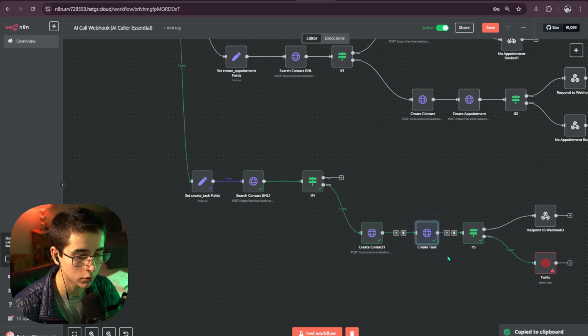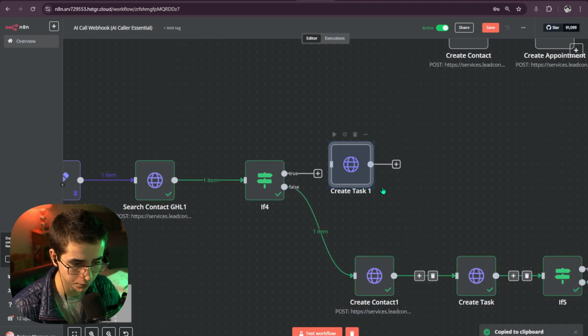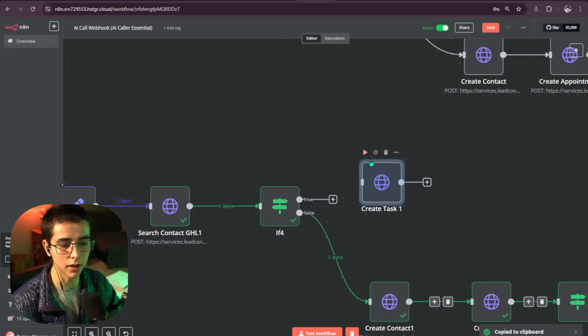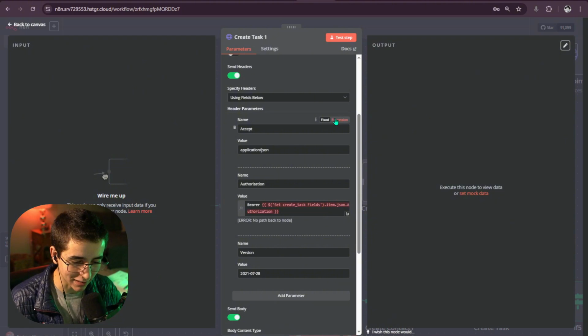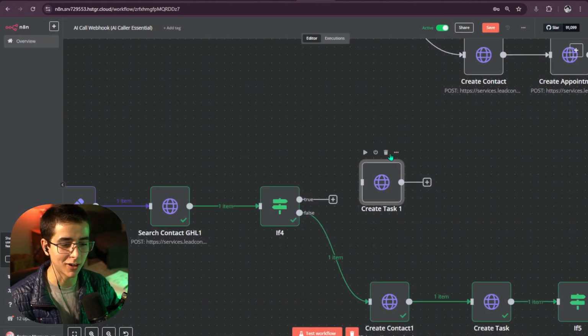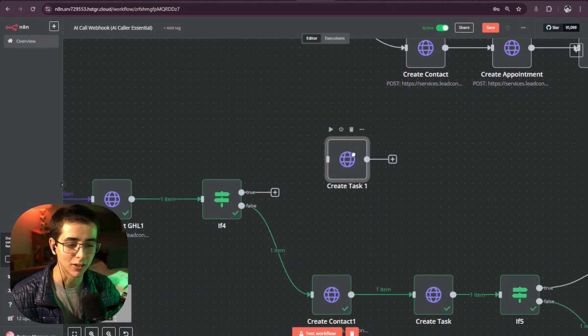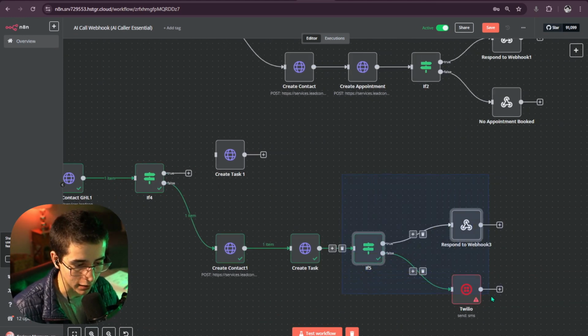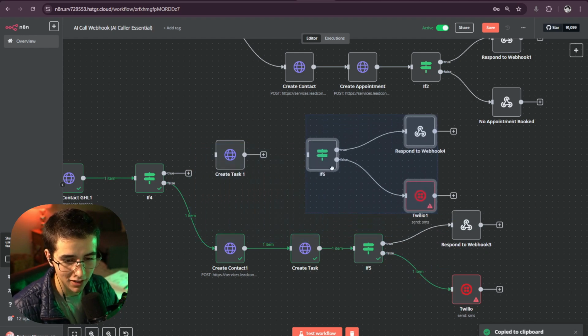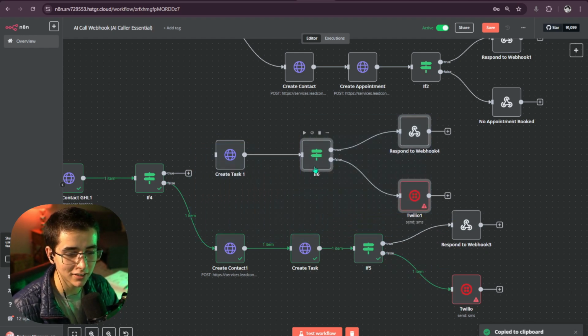So I'm just gonna add this API call to create the task. We know how to set up this task API call, create task API call. You saw it. We're just gonna cheat a little bit, and we're gonna add this because we already did it. It's gonna connect it, and we're gonna connect this,